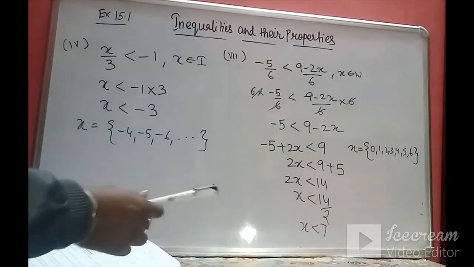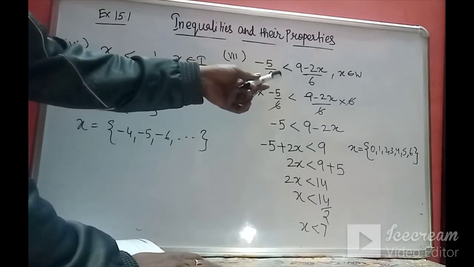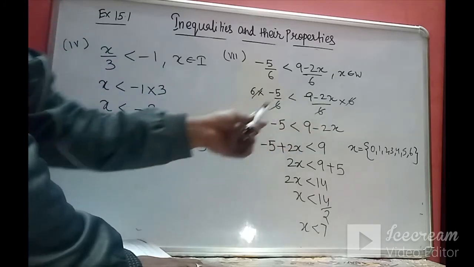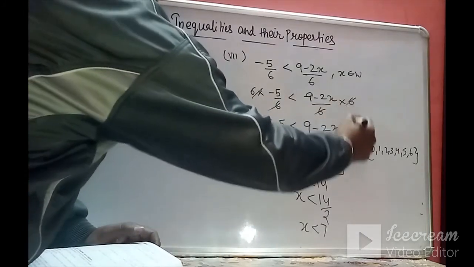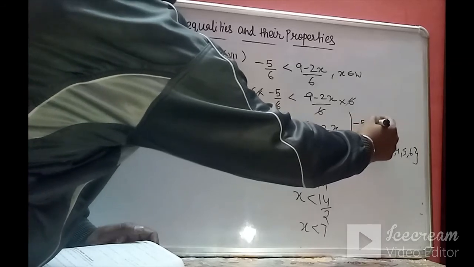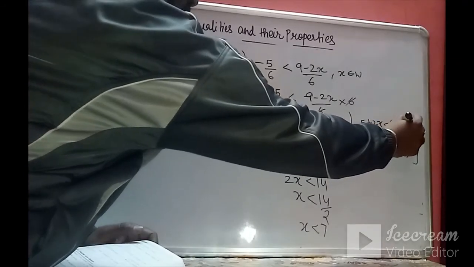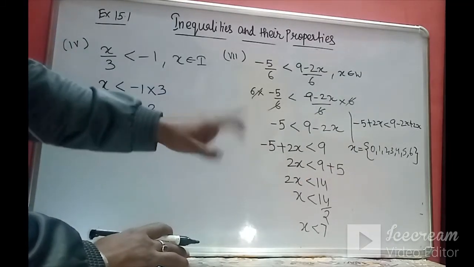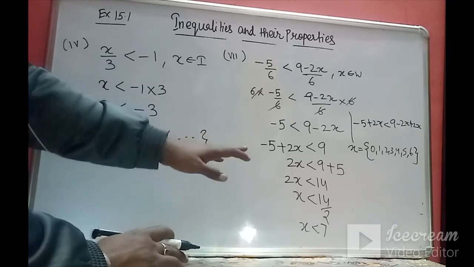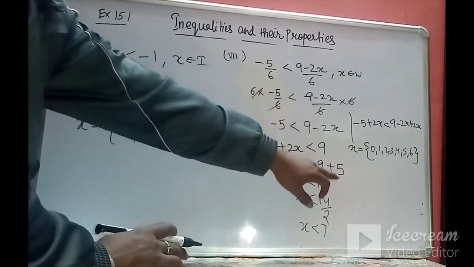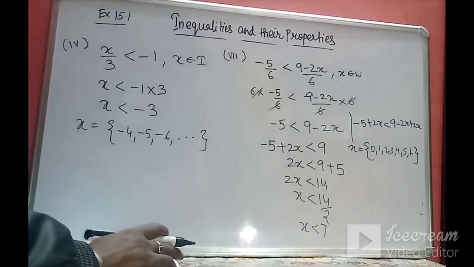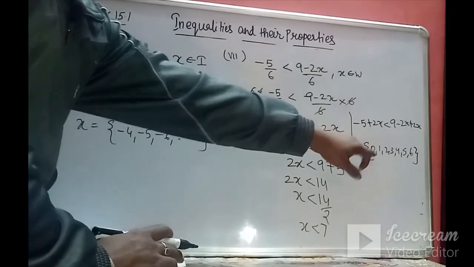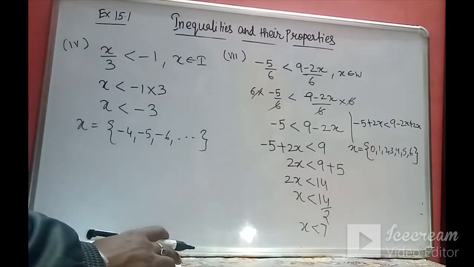So what I have done here: since 6 was there, I multiplied by 6 on both sides. Then I have taken -2x here. What we were actually doing here is adding +2x on both sides. Okay. So you can avoid this step, because addition or subtraction of the same number on both sides will not change the sign of the inequality. Again -5 will go there, so you will get x < 7. And x is all whole numbers, so it is important to write the 0, because 0 is a whole number.